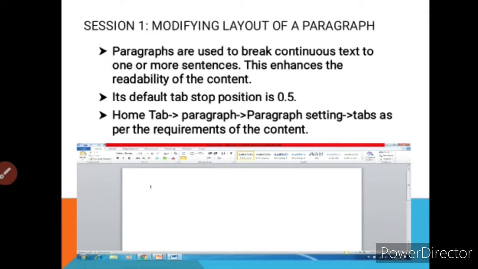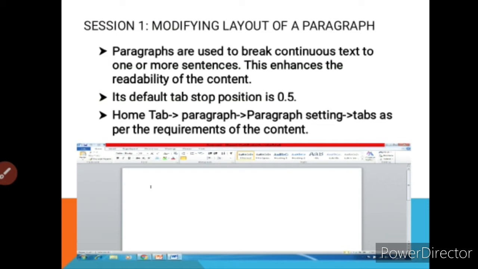Here you can see we have a little difference between all the words, like paragraph, are and used. These three words, if we check, only a minor difference is there. By default that difference is known as the tab position, or you can set it according to your choice, but by default we have a 0.5 tab position difference.